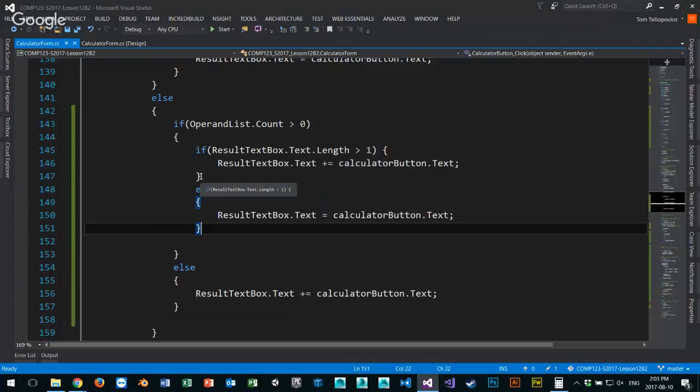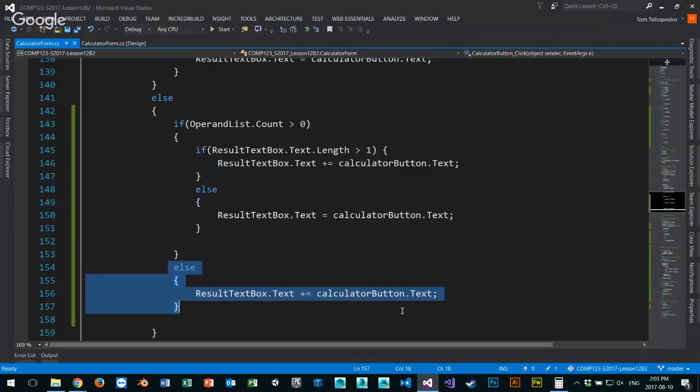I wanted to see what you were thinking, but I like how you're trying to formulate a solution. You want to kind of plus equals, but it's not this. We want to hit this else case. That's what you want to do, right? So we want to make sure that this only happens 1 time. Operand list count happens only 1 time. Okay, that's what we want to do, and we want to do it by testing something in the